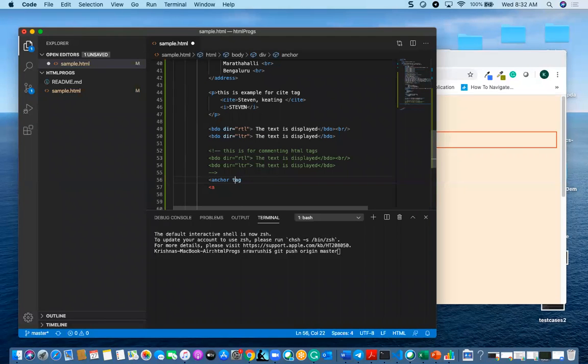So I can have an anchor tag with href, and I can give https google.com, www.google.com.